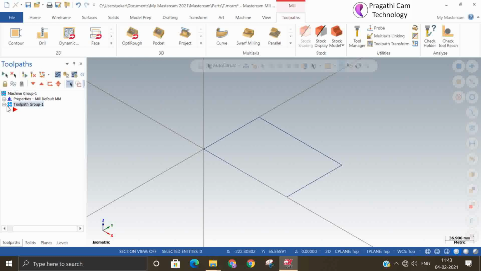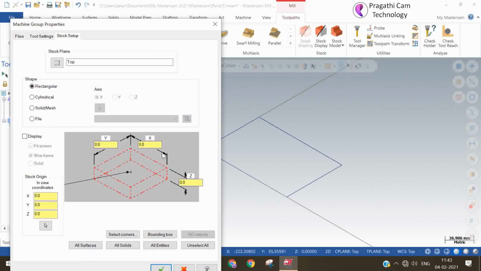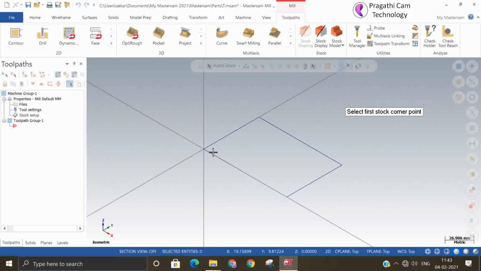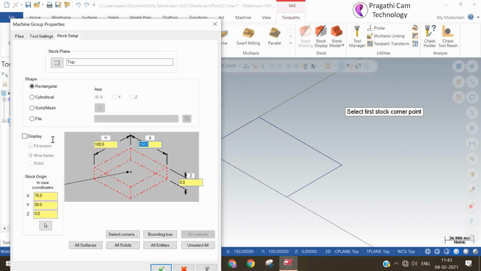I have taken the machine, and if you want you can define a stock, no problem. Select the stock material, corner to corner, and I can add thickness to increase the stock size.